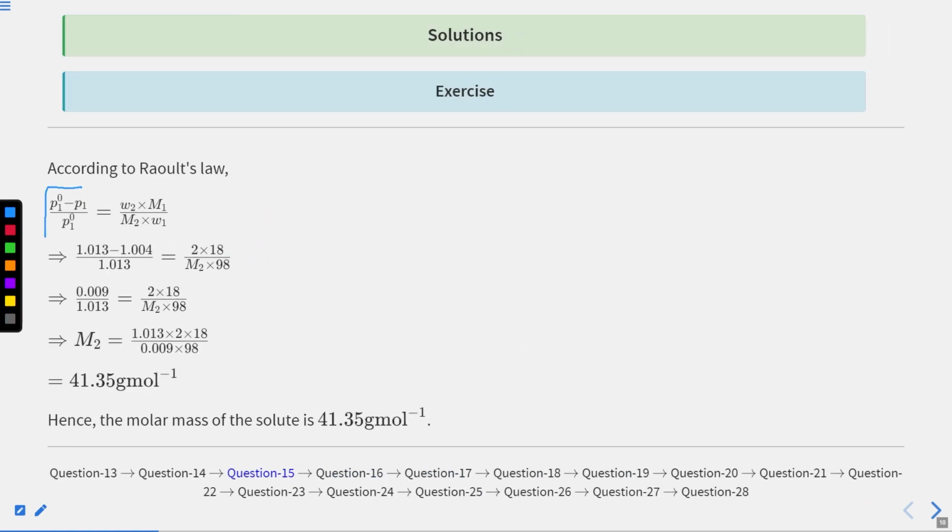Therefore, relative lowering of vapor pressure will be equal to (P01 minus P1) by P01. That will be equal to the number of moles of 2 divided by the number of moles of 1. That is, given mass of 2 by molar mass of 2, divided by given mass of 1 by molar mass of 1. Okay. So what is being said in this question is that for a thing to boil, the